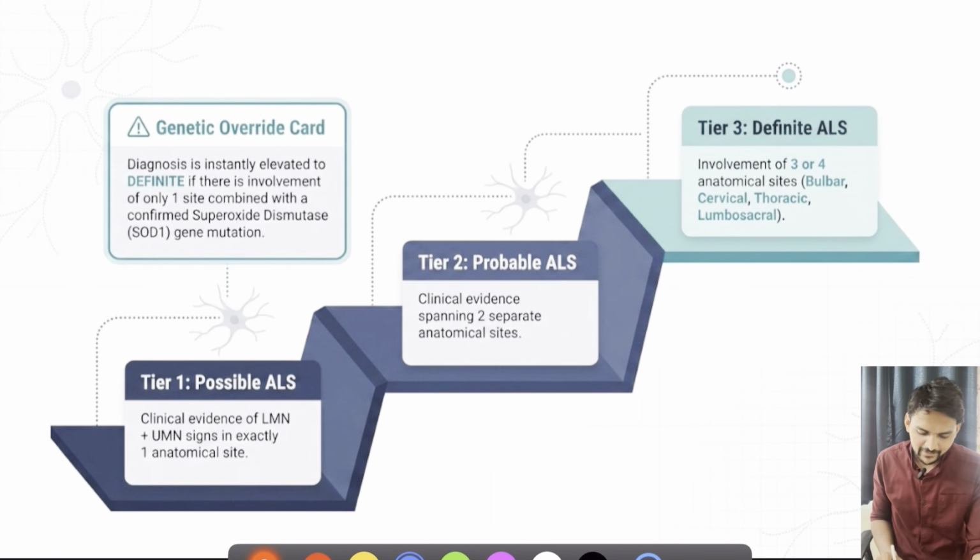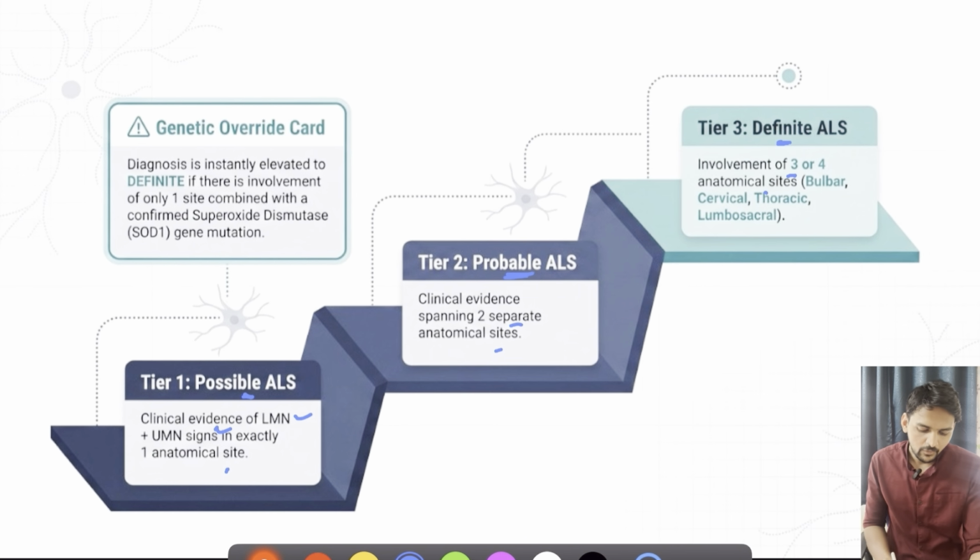And to consider ALS, we can say it is a possible case of ALS when there is clinical evidence of UMN and LMN, but only in one anatomical site. Suppose 2 separate anatomical sites are involved, for example bulbar plus lower limb, or cervical plus thoracic, cervical or lumbar, we call it a probable case of ALS. Suppose there is involvement of 3 or 4 anatomical sites, then we might label it as a case of definite